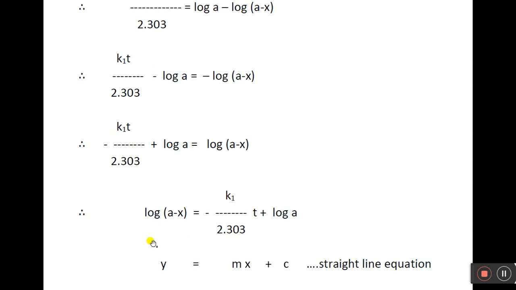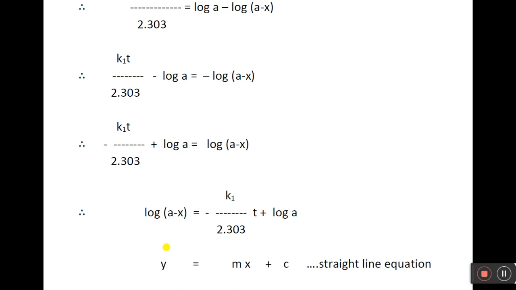This equation is similar to the straight line equation y equal to mx plus c. Okay, y is the y-axis. On the y-axis we will plot log of A minus x. x is nothing but t. Here t is time, and m stands for slope, which is equal to minus k1 upon 2.303. So by plotting y versus x, meaning log of A minus x versus t, we can obtain the value